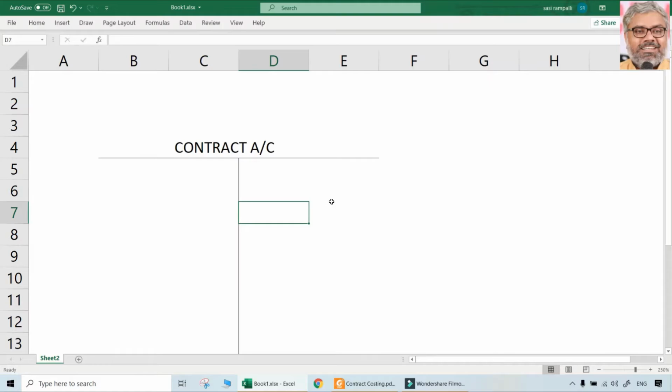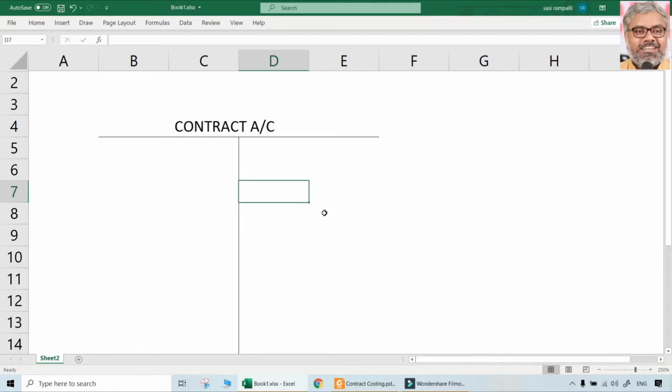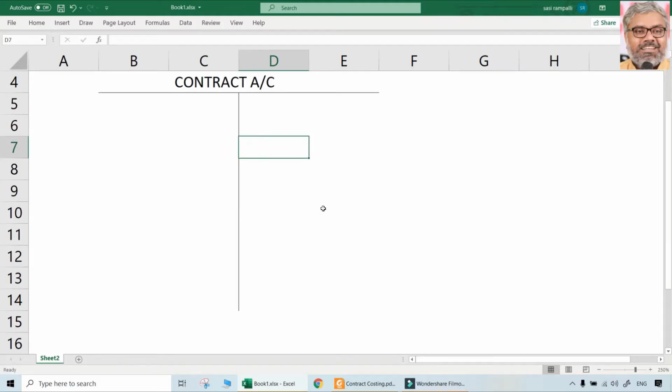So, what is happening here? Why are we preparing this contract account and all? We want to know what is the financial result of this contract before even that contract is actually completed. That is the first point. Second point, when we are doing a contract, the other party for whom we are doing the contract, we can call him the contractee. The contractee will have either himself or he might have another consultant who will certify the work.